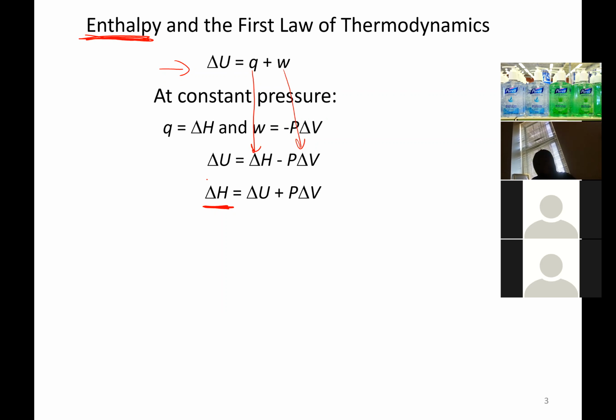Another thing that you guys need to know is that Q, heat, and W, work, or heat, enthalpy, sorry, enthalpy, Q, and W have a sign convention. All right, so let me, somebody's alarm. So what I mean by that is, oh, I just realized that I'm not on the camera. Anyway, what I mean by that is that